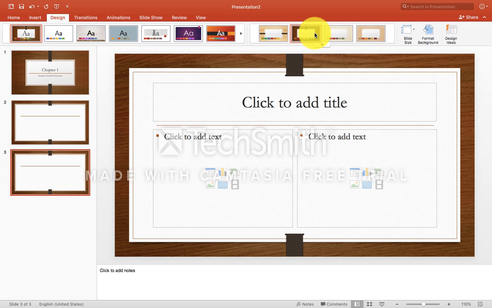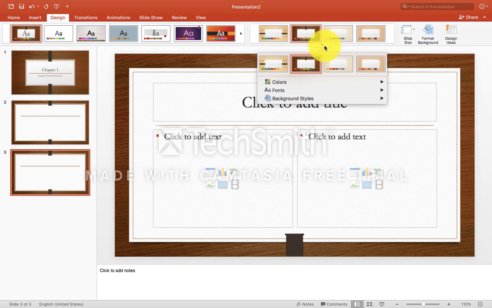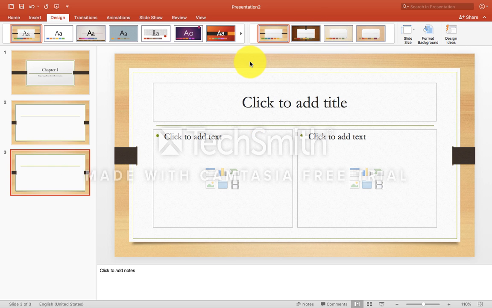And finally, adding transitions and sound effects. You can apply interesting transitions and sounds to your presentation. A transition is how one slide is removed from the screen during a presentation and how the next slide is displayed. To add transition, you can just click on to the transition tab here. Choose the transitions that you like. For example,